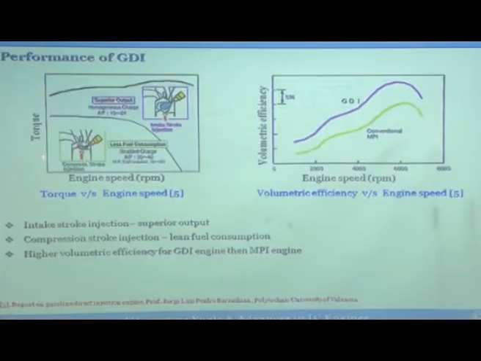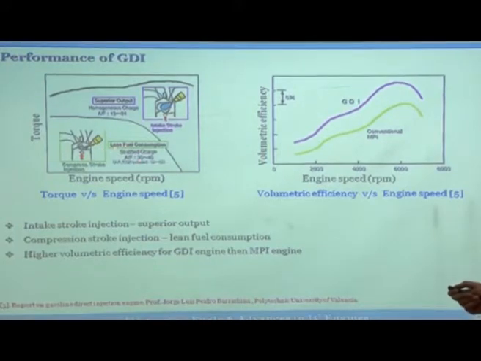Now, if you look at the performance, just to put it simply, this is also a curve where the engine speed is shown on the x axis, engine torque is shown on the y axis, and this is the less fuel consumption zone or part load condition zone. In this part load condition, you are doing the fuel injection in the compression stroke, at the end of the compression stroke, and the typical characteristic of this is less fuel consumption. You are stratifying the charge, so the fuel is concentrated very close to the spark plug.